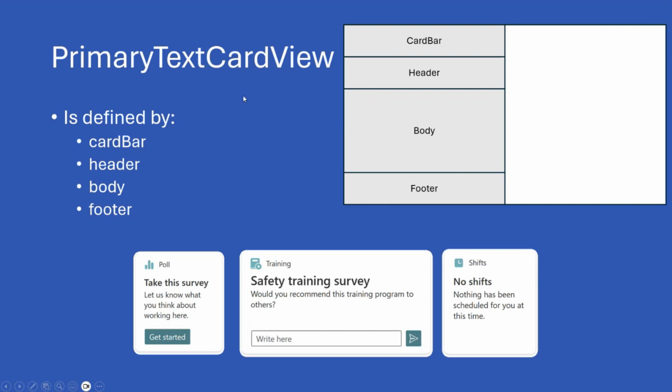And that's why in this configuration, we also have the body component that we can define. And we can do that also having in the footer just a button or nothing, as you can see here, or maybe an input text because we want to collect some input like in the training card view that you see right here. So again, just to give you an idea of what you can do in real code,